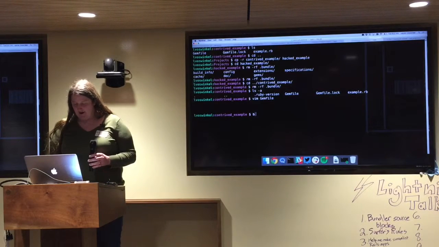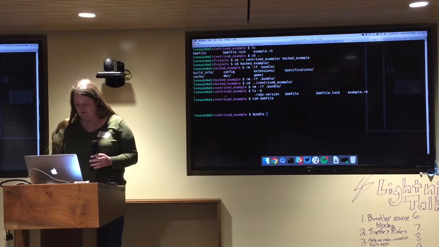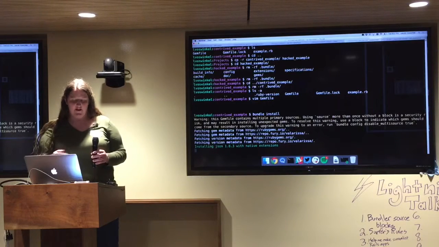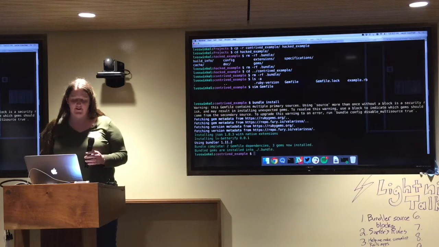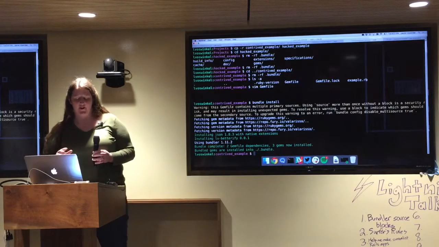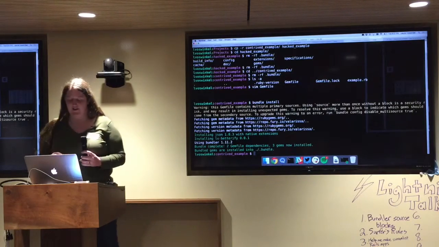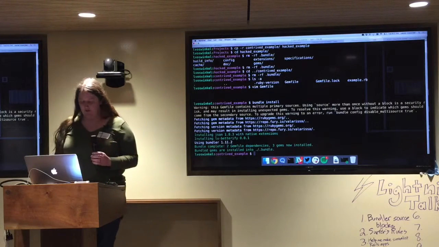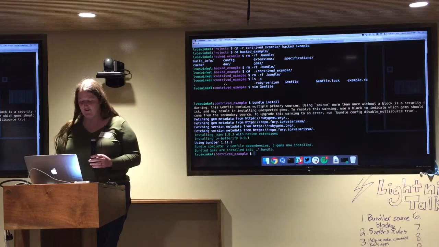So I wanted to talk about an error message that people might see, or warning message really. That lovely warning message of "this Gemfile contains multiple primary sources." This is a really important message, and a lot of people don't realize this because it's a security risk. And when I say it's a security risk, what I mean is I've made a contrived example